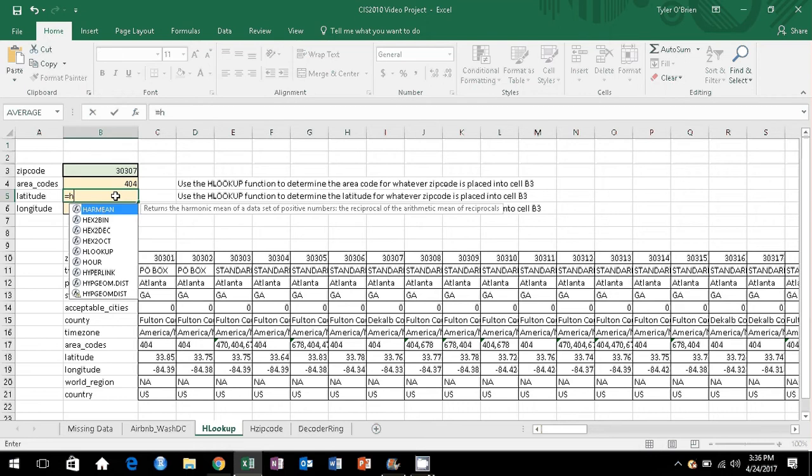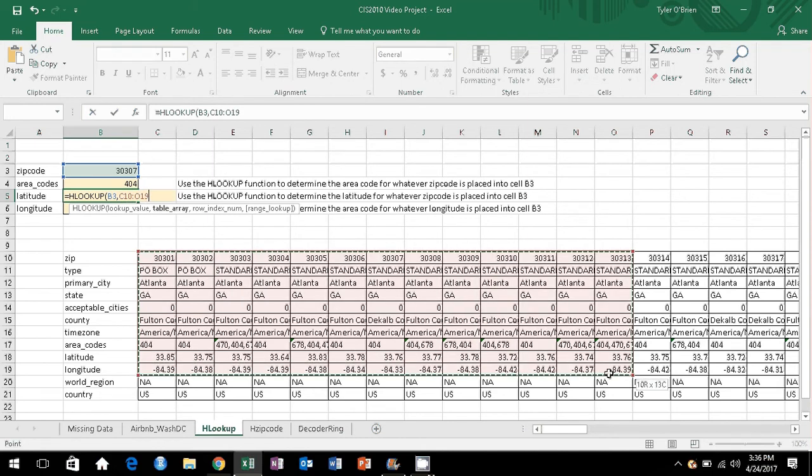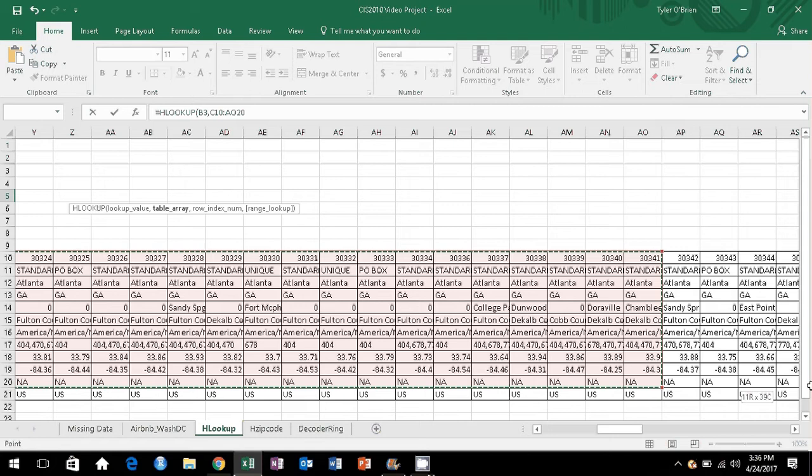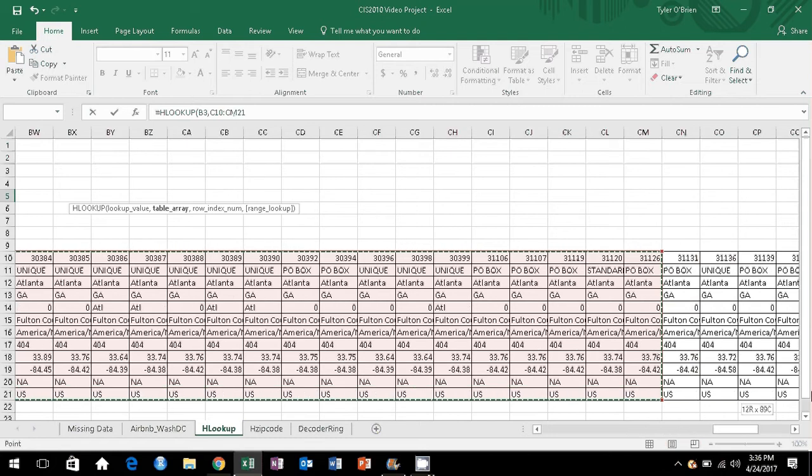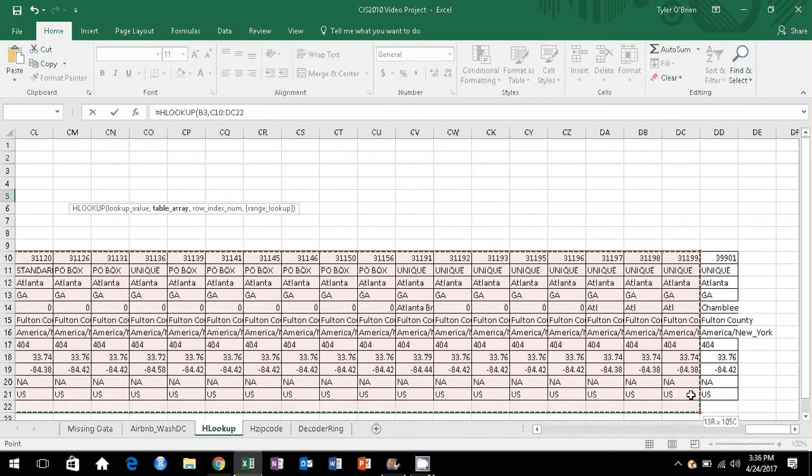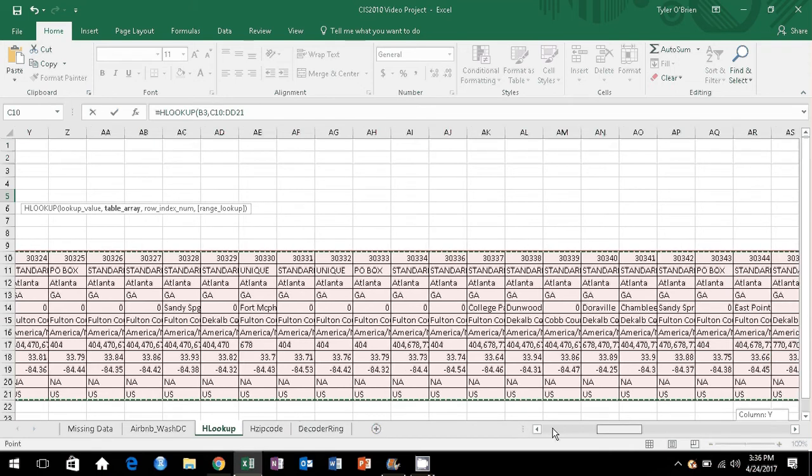And we're going to go ahead and do the same thing with latitude and longitude. So again, lookup value, it's going to be cell B3, so you click on that, comma, table array. And we're going to highlight the information that we want it to pull the data from. Okay. Next,